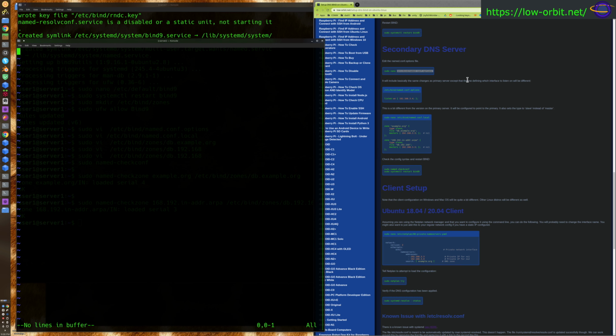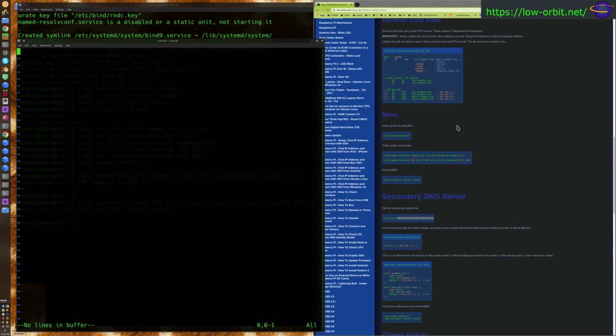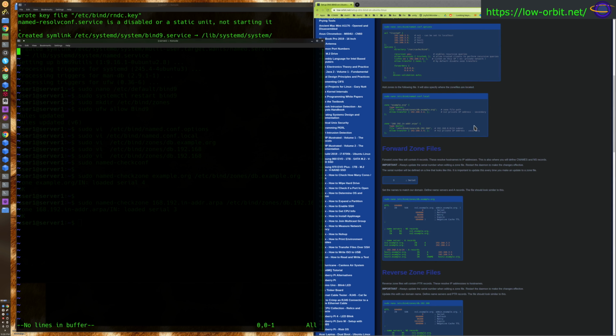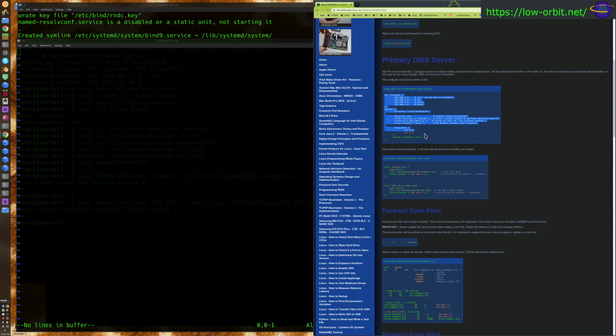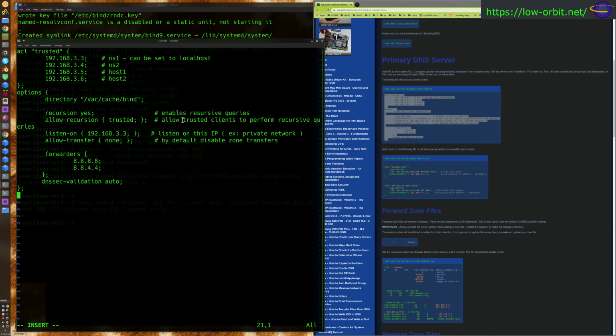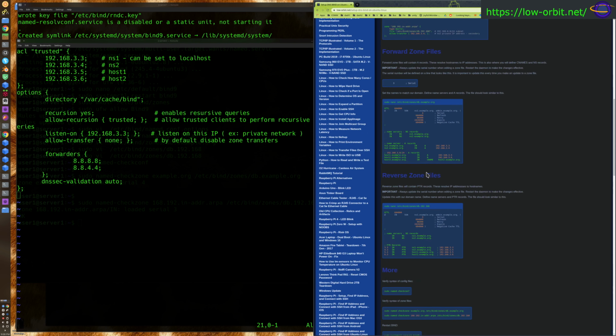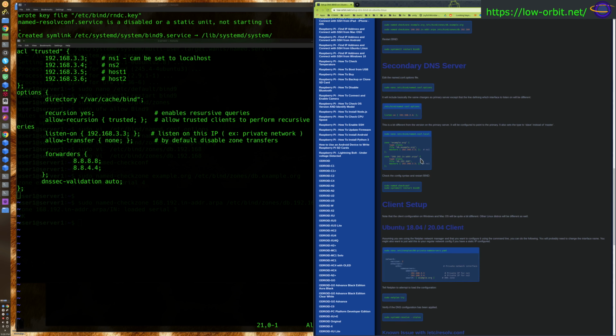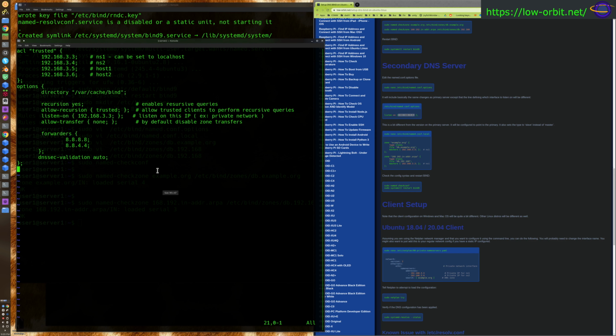Now for this first config file, it's the exact same thing as your primary server. So we literally just take this config from our primary server, copy it, and paste it right in here, and scroll back down. Now what the difference is, it says listen on. It tells us the IP to listen on, and we want to update that to the current server that we're on. So for example, this says listen on,